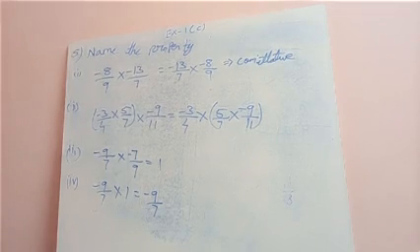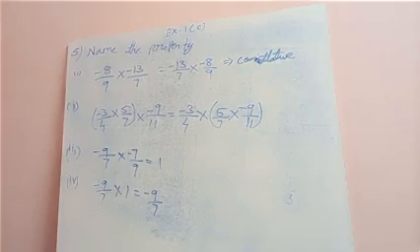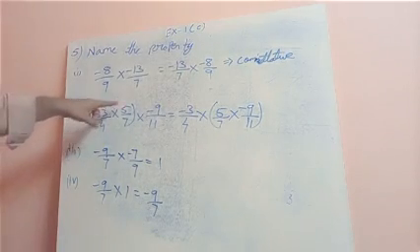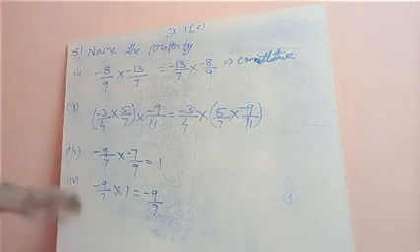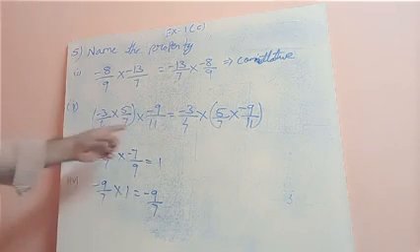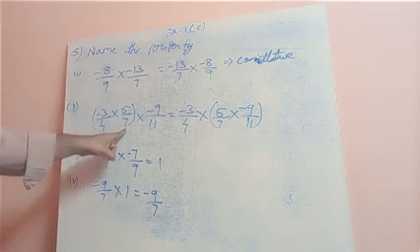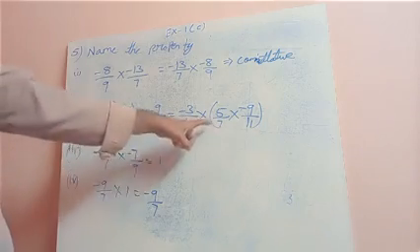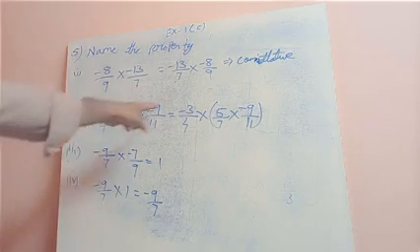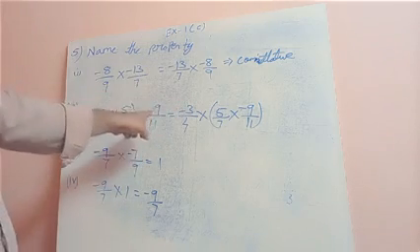Second sum: 3 by 4, 5 by 7, 9 by 11 on this side, and 3 by 4, 5 by 7, 9 by 11 on the other. These are all the same. The sign is also the same: 3 has a minus sign on both sides, and 9 is 9, the same.